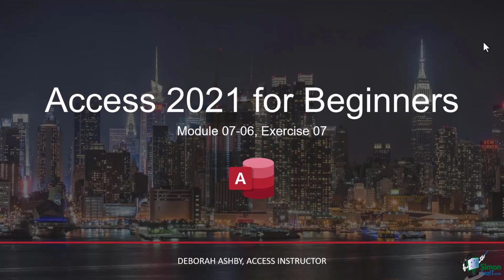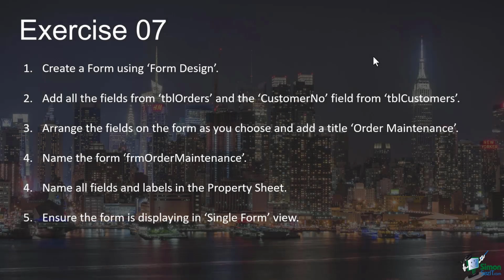It's time now to complete exercise 7. And in this section, we're going to practice some of the skills we've learnt in this section of the course. So the first thing I'd like you to do is to create a form using the Form Design button. And I'd like you to add all of the fields from the table Tubble Orders and the customer number field